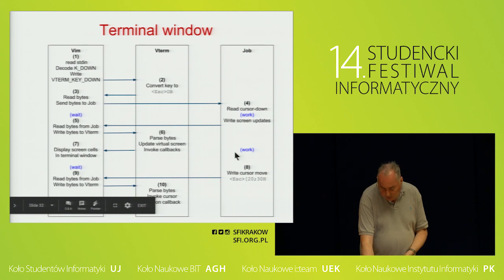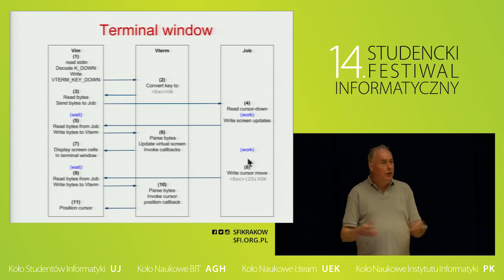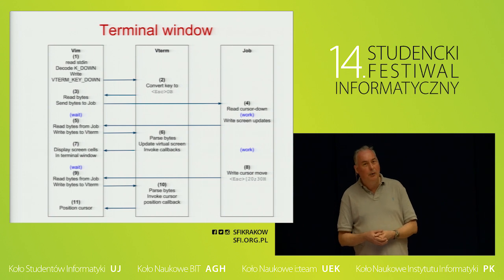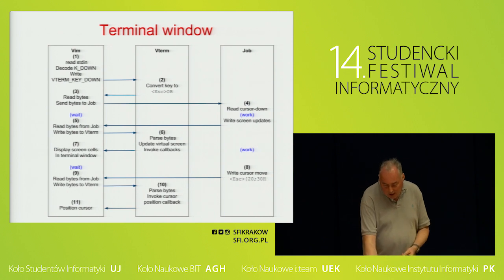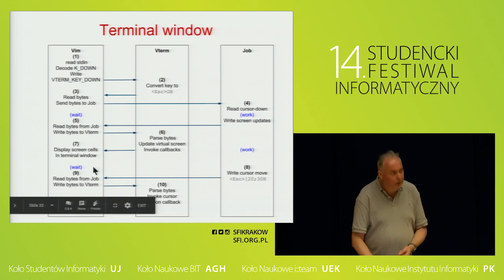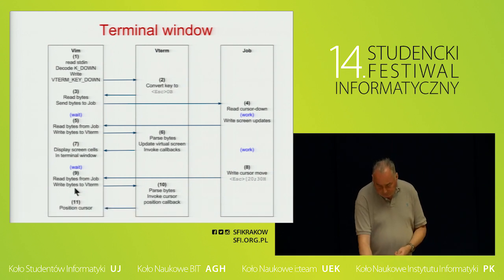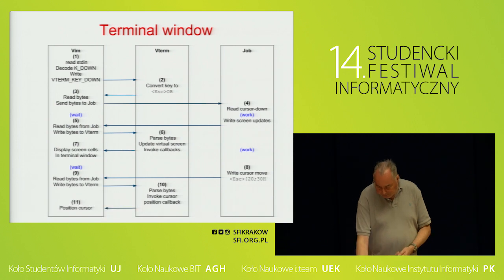What will also happen is that the job will just come up with some things to be done. Without any key input, without anything, it will just say, hey, here's some things I want you to display. So Vim is always waiting for input from the job, and again what happens is it reads it from the job, sends it to libvterm, and again displays the output. The example here is to just move the cursor, which should be fairly simple.